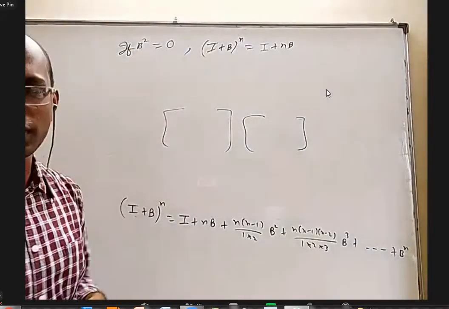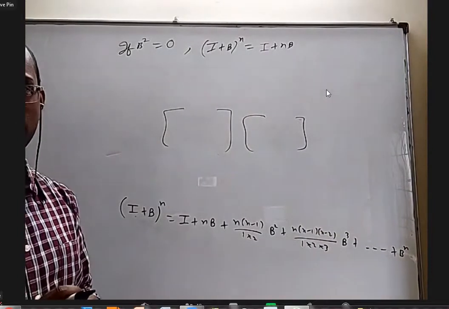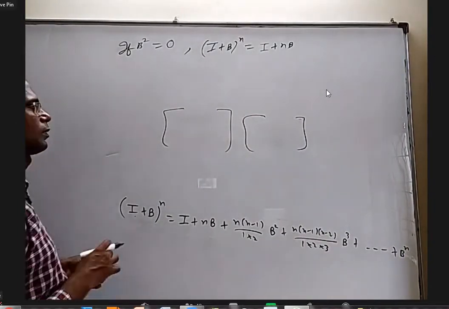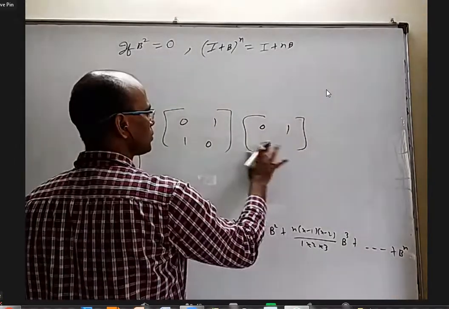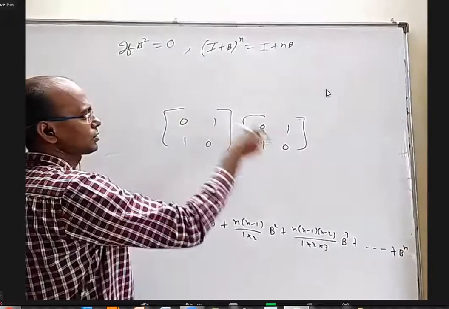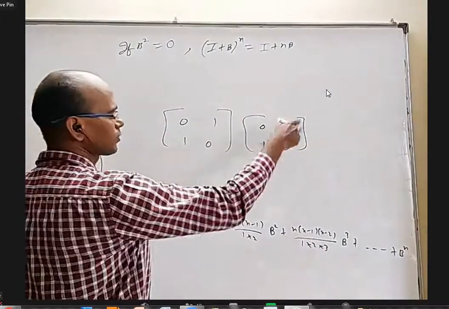We are talking about B square only null matrix. Zero, Sir, zero, 5, 0, Sir, 0, 1, 1, 0. Sir, column wise, can you write, sir? 0, 1, 1, 0, 0, 1, 1, 0. Okay. This is 0, this is 0. Yeah, that's no, but this is coming 1, man.